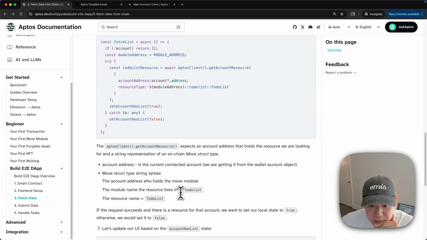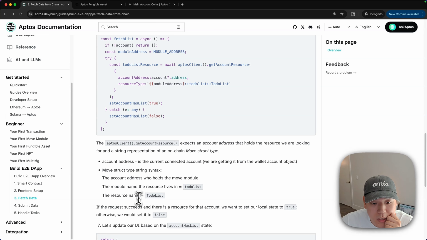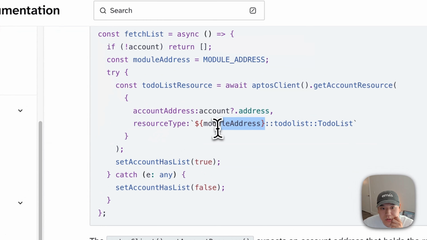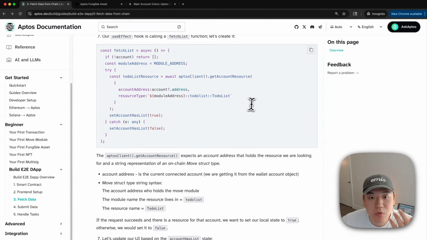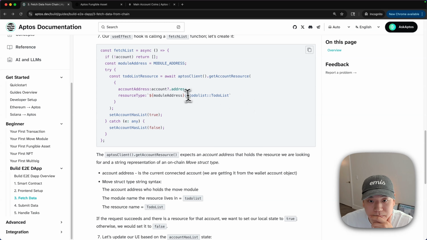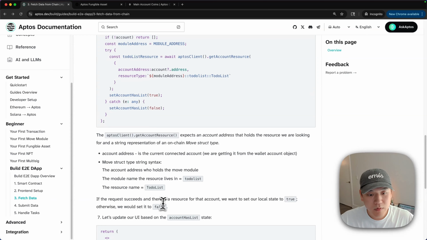The module name the resource lives in, which is to-do list, and the resource name, which is equals to-do list. That's why we have this $sign module address. So this is using the module address variable here, which we pulled in from the constants file. Remember that. And so that's the object address that this module is deployed to, right? And we are interacting with the to-do list module, and we are accessing this to-do list struct. Perfect. If the request succeeds and there is a resource for that account, we want to set our local state